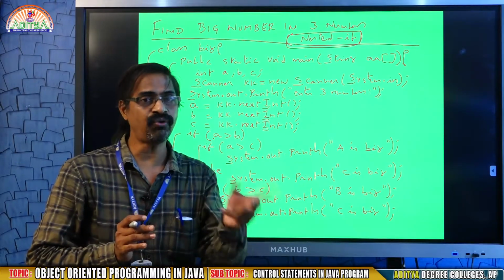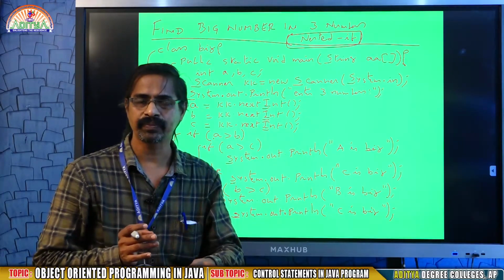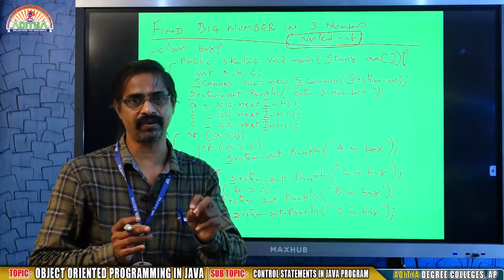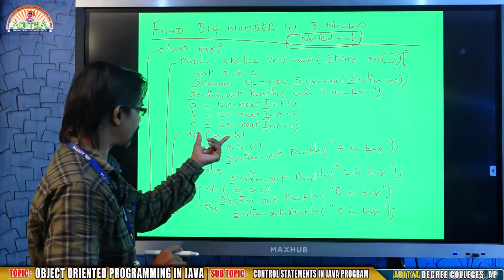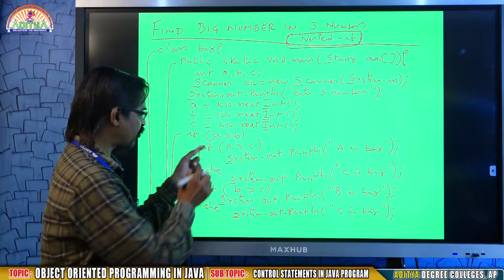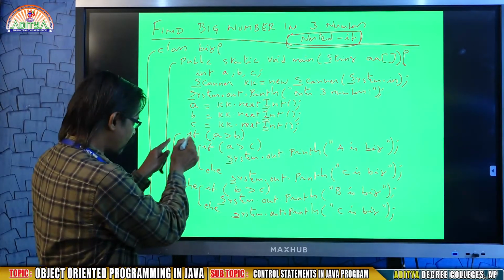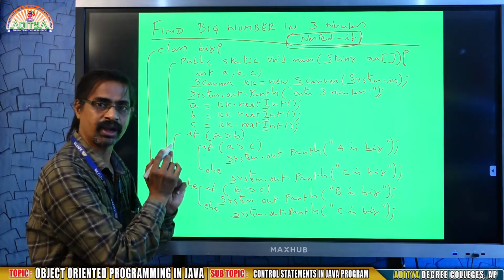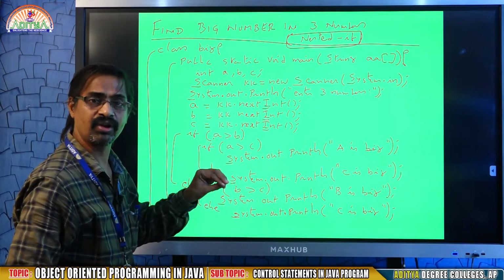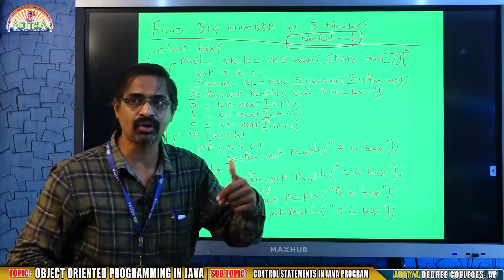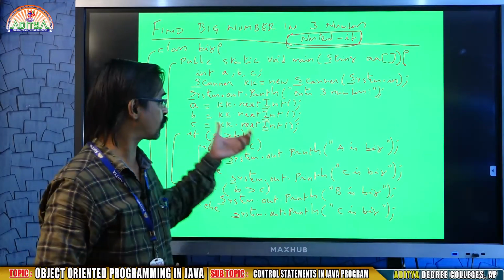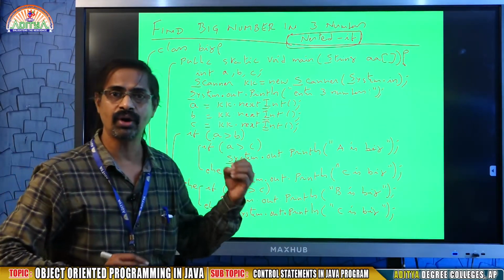Both if and switch belong to decision control statements. What is meant by decision? Here the condition is there. If the condition is true, it will go to the immediate if, otherwise go to else. That means the system will select according to the true or false value. So that is one of the important things you need to observe.